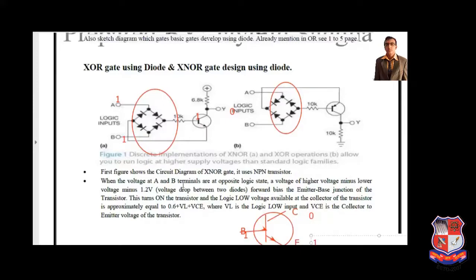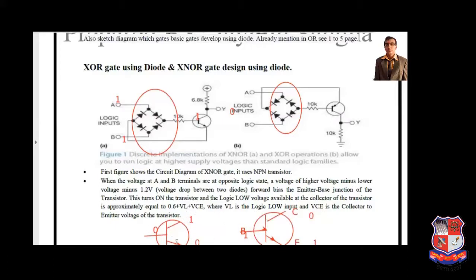And what is the reverse figure of that? See the symbol of transistor. I have sketched the transistor symbol here. If here 0 volt, in the entire lecture I will discuss this concept more than 3 times, so you will be able to easily understand. Here 0 and here is 1. Why here 0? Because the base emitter junction is connected in forward bias. Why here 1? Due to supply voltage VCC we can get 1 here.